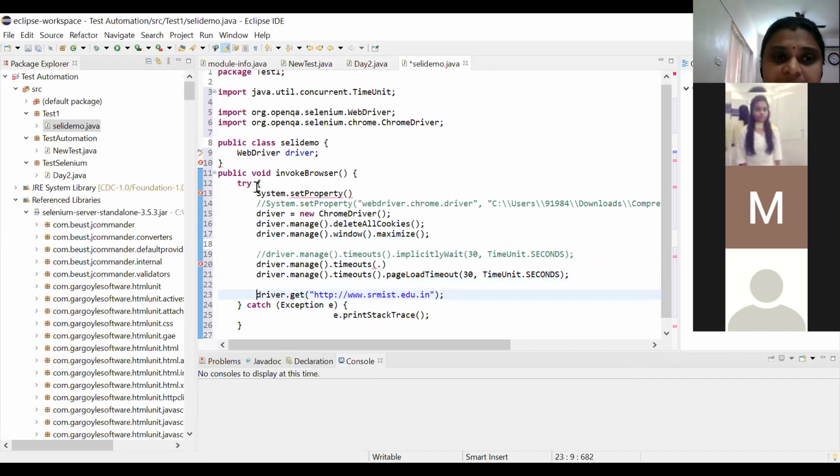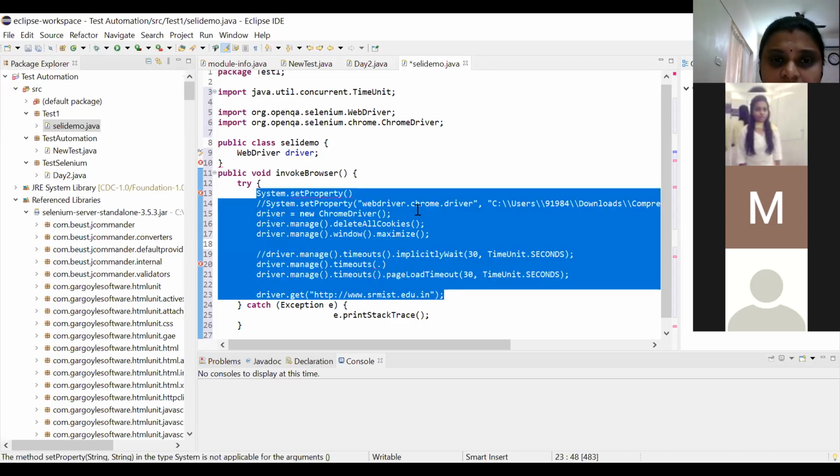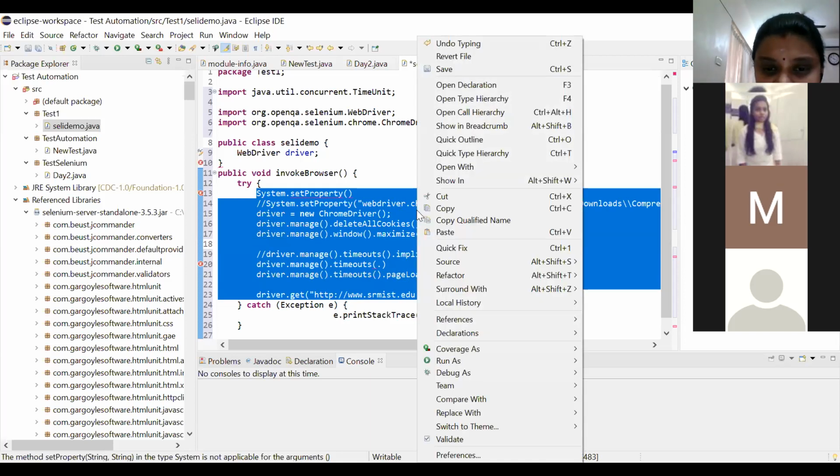Then if you want to add a try catch, it's always good that you have some try catch being done here. So you can go and use this particular thing, and then say surround with.